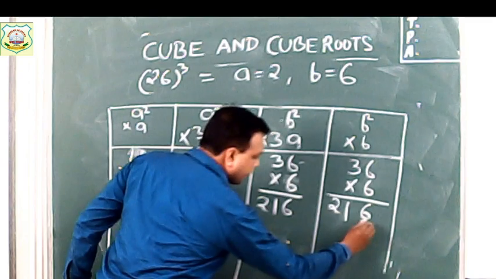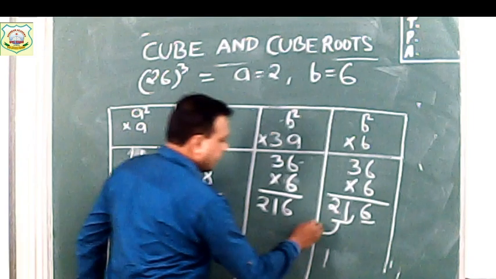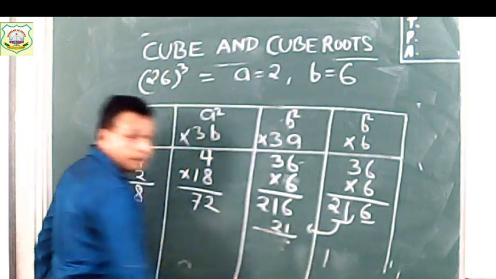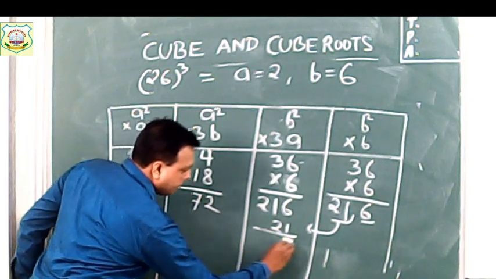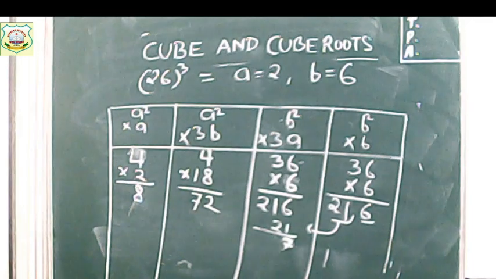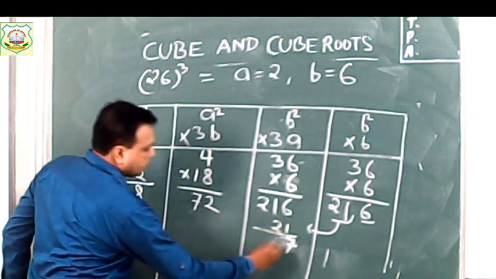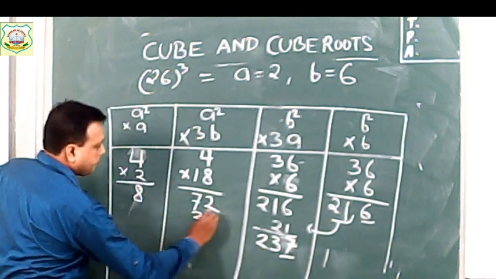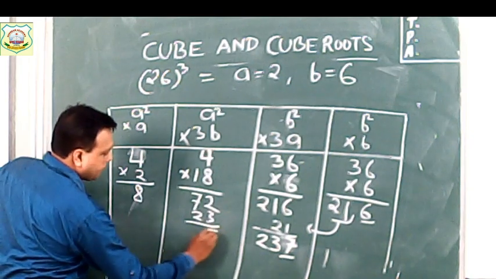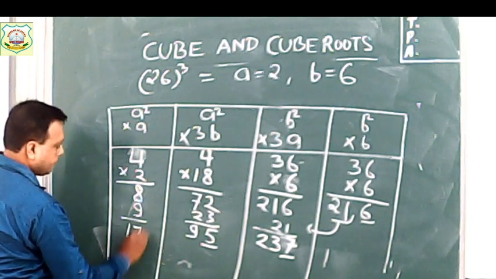The last digit from the right side, 6, we are taking. 21 will come this side. 21 will be added. 6 plus 1 is 7. 7, 2, 1, 3, then 2. Now 7, 23 will come this side. 3 plus 2 is 5 and 7 plus 2 is 9. Now 5, 9 will come this side. 17.